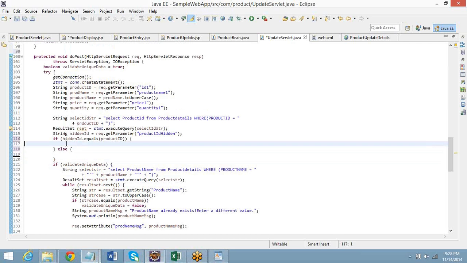What we need to do is, if this is the case, we need to call the validate method. If both are equal, then we don't need to call it. Sorry, we need to call only the update method. We don't need to check in the production first. If both are equal, you don't need to check in the production because this came in from the database.